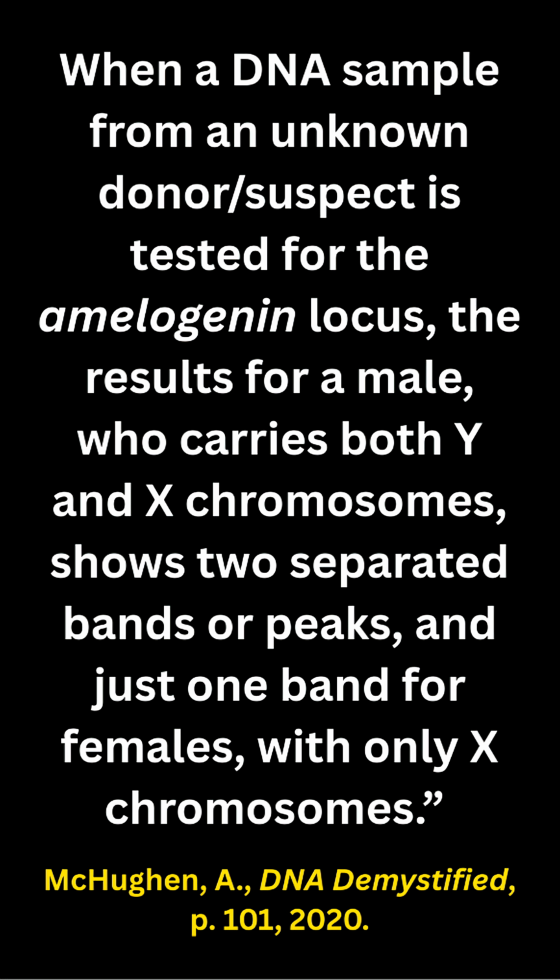When a DNA sample from an unknown donor or suspect is tested for the amelogenin locus, the results for a male who carries both Y and X chromosomes shows 2 separated bands or peaks, and just 1 band for females with only X chromosomes. So you see, if your PCR tests manage to amplify both versions of the amelogenin gene,